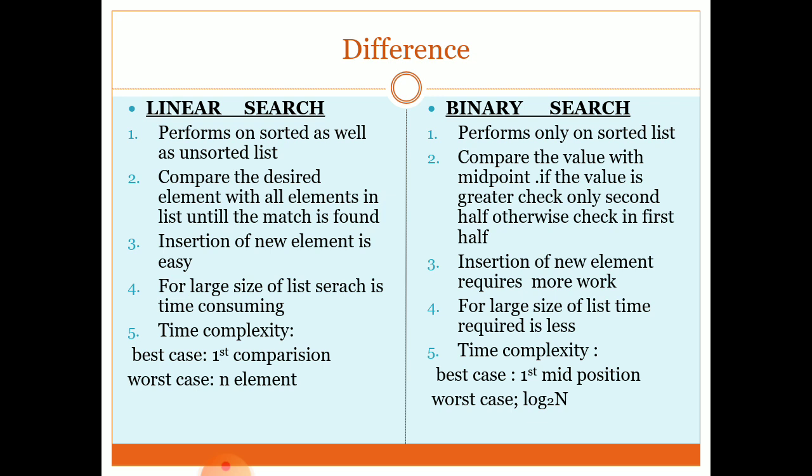Now if I am talking about the binary search, the best case is what? If that element is present at the first middle position. But the worst case is what? Log base 2 of n. Why is it log base 2 of n? Because for the total number of elements, next time you have to make it half, then half of that, like that. The last element is present at the position which is what? Log base 2 of n.